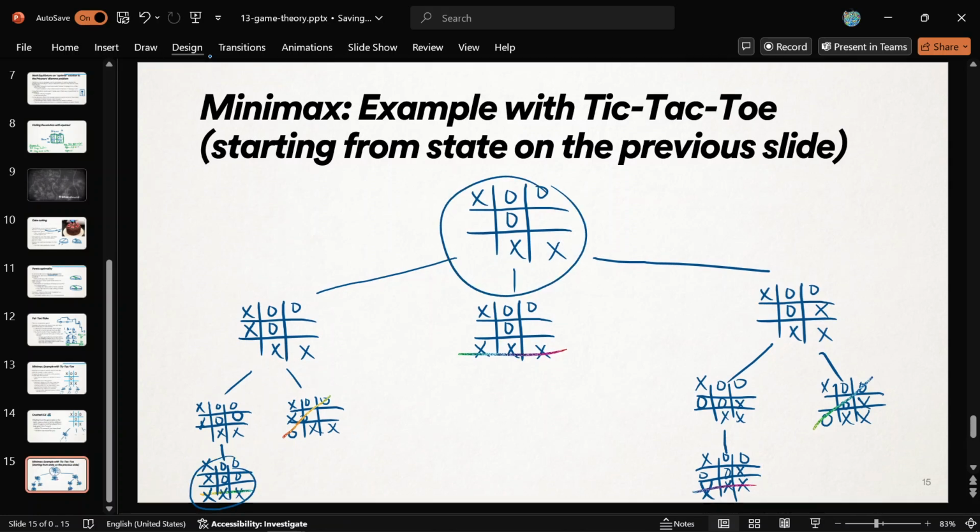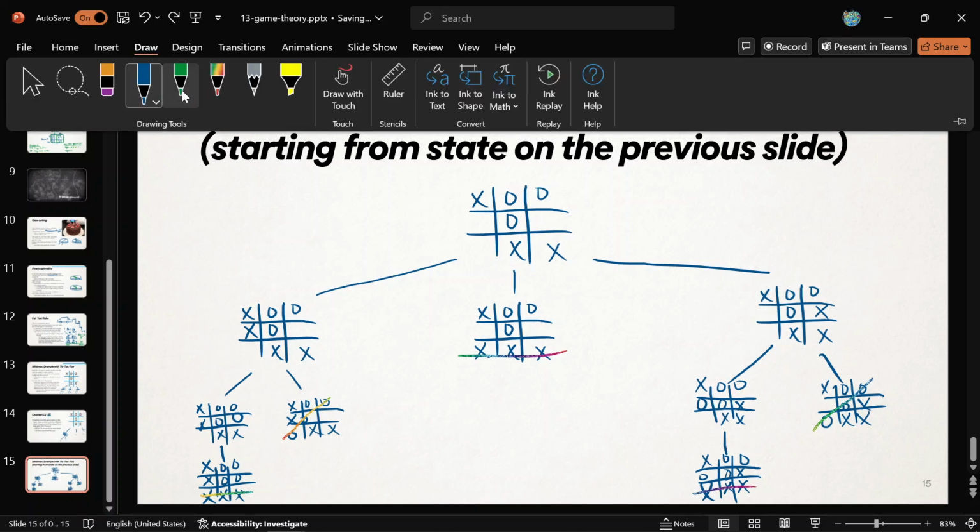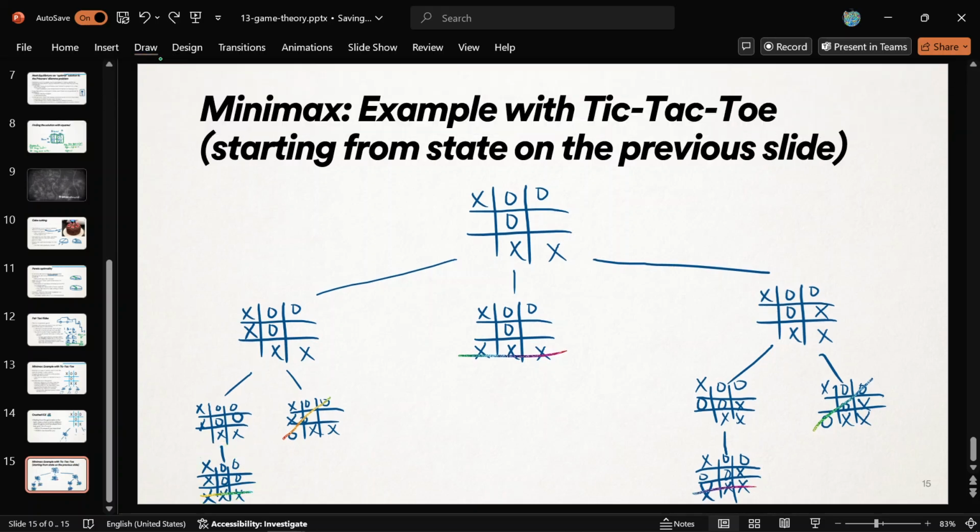So let's say that from here, we're trying to determine the best way to go, and we're X. It's from the perspective of X, and X wants to win the game. So every possibility where X wins, let's assign a positive number to that. Let's say positive 1 means we like that. Okay, so positive 1 for that one, positive 1 for this one, positive 1 for that one, and every time O wins, we don't like that if we're playing this simulation from the perspective of X. So we're going to say a negative number for every time O wins. So we're going to say negative 1 here. Negative 1 here. So that's all the endpoints.